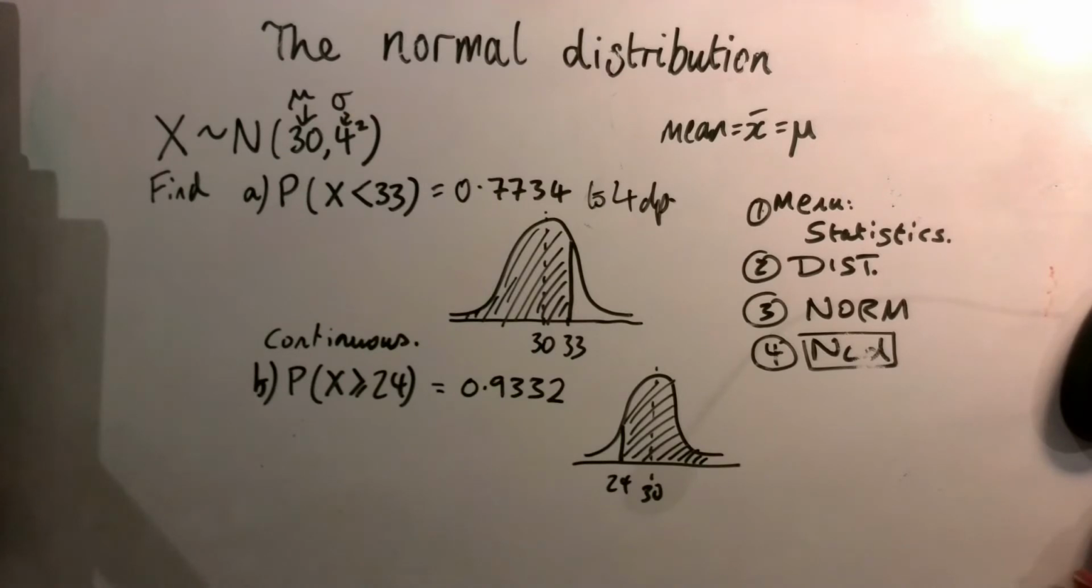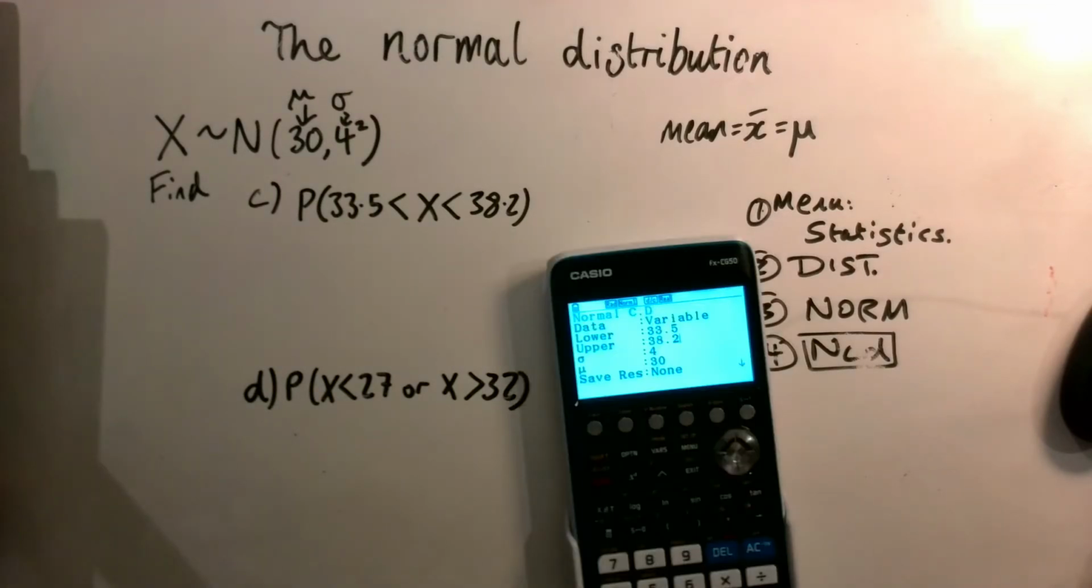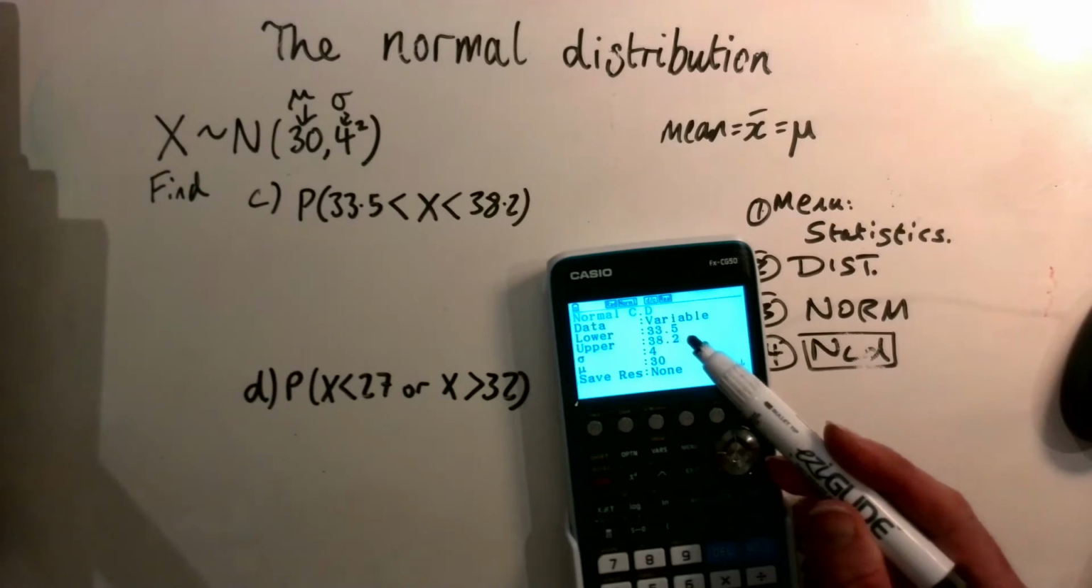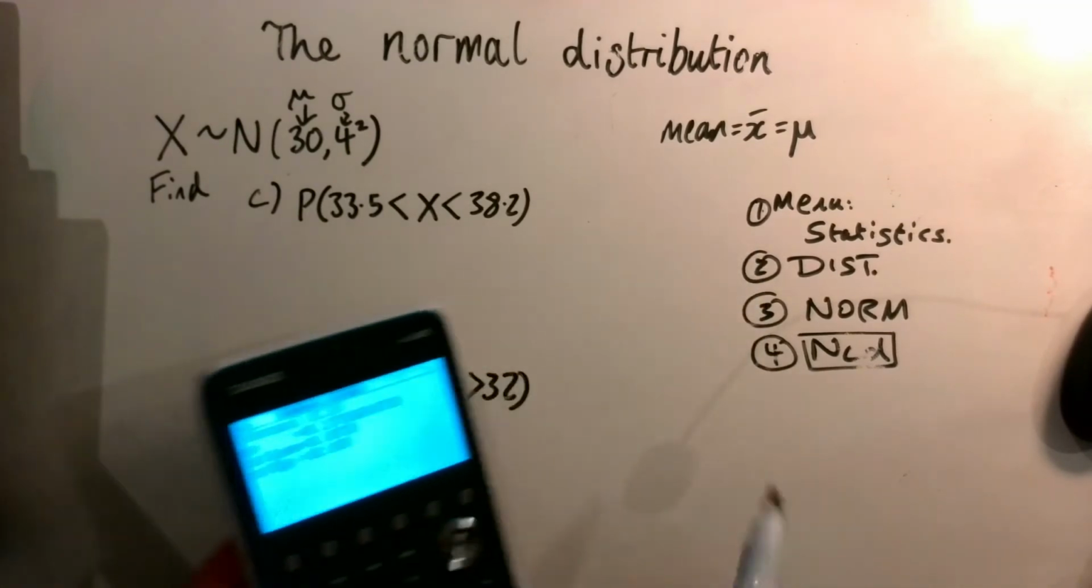We're just going to have 2 more to go, which I'm going to put on in a moment. So with the same normal distribution, have a go for C and D, couple of combined regions and a combined region. Pause the video, give it a go, see what you reckon. Okay, so you should have your lower value 33.5, your upper value 38.2, then everything else is staying just the same as it was. Press execute a couple of times and you get